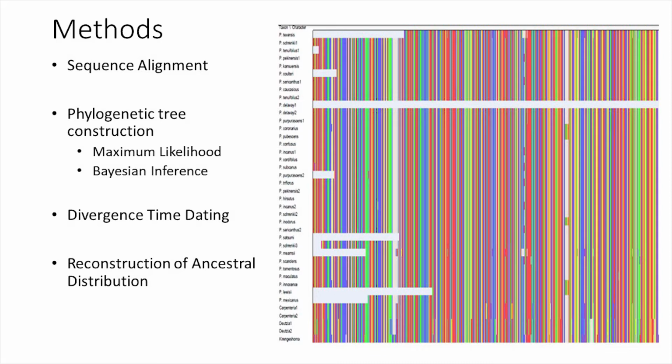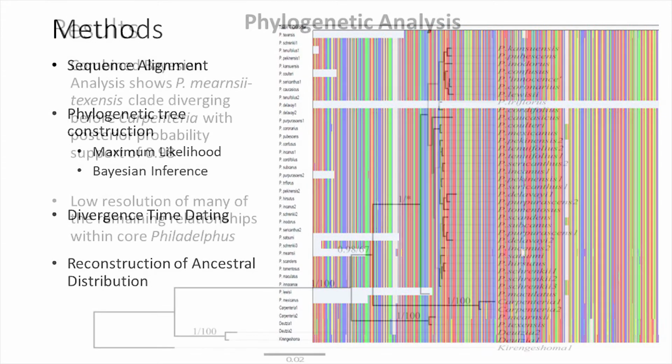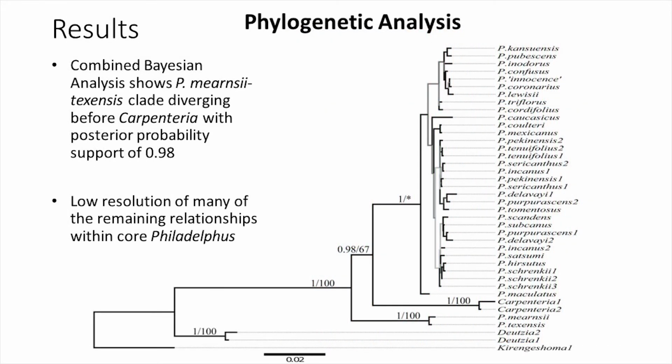So whereas you can see most of these things are very similar when you line them up, there are 1 or 2 places where you see a different color for that species versus everything else. And these differences are what we're really looking for to understand and create these phylogenetic trees based on the base pair differences between each of these pairs. And this is one of our good trees that we got. So there's algorithms that can generate this.